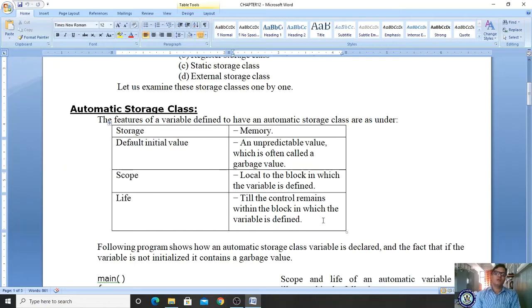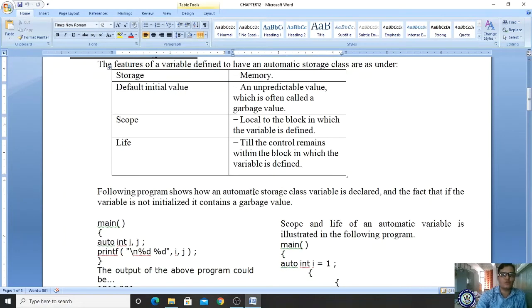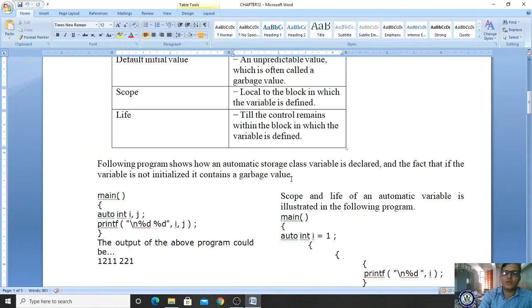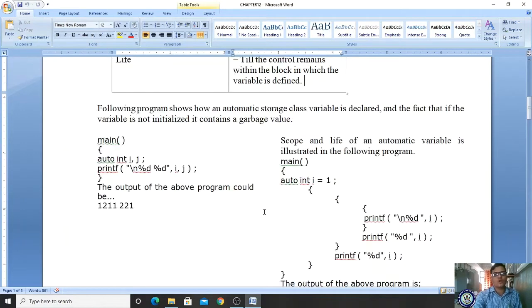Clear? Yes. To understand this automatic storage class, let us see the following program. This program shows how an automatic storage class variable is declared, and the fact that if the variable is not initialized, it contains a garbage value. Please observe here. I am taking the main function.